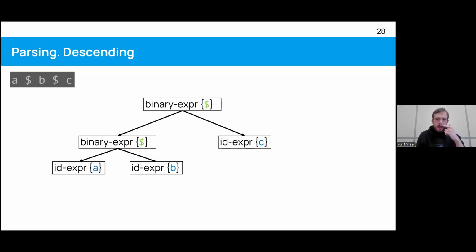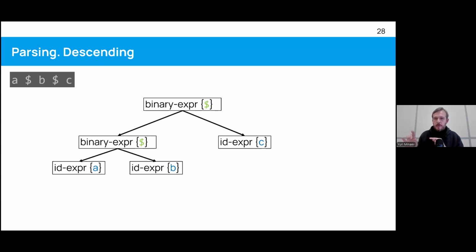Why is it growing to the left? Because we have operation associativity. Binary expressions like arithmetic expressions are left associative. They grow to the left if you have a chain of the same operators. And things like assign grow to the right because they are right associative.